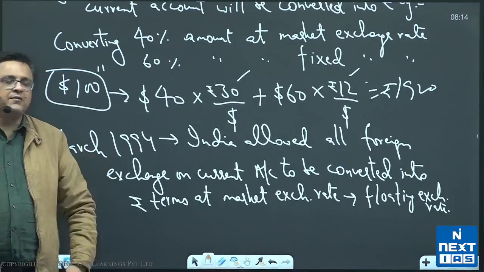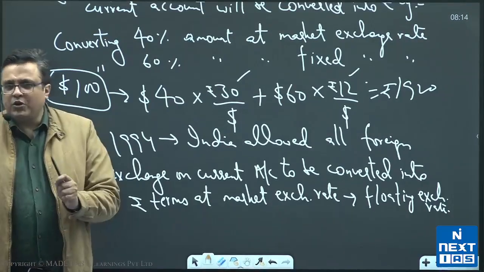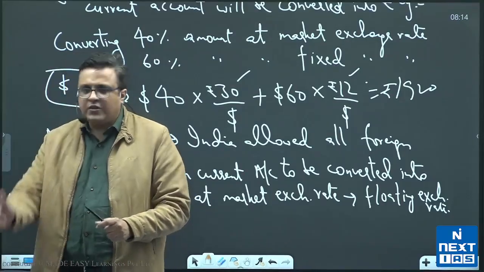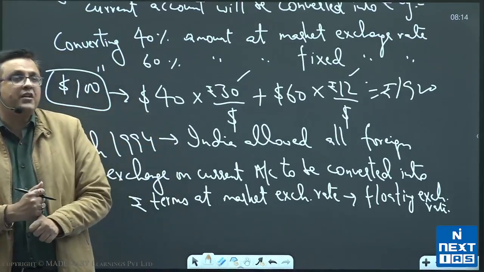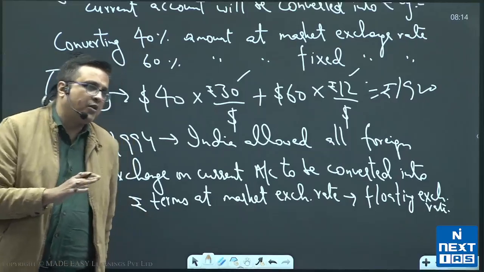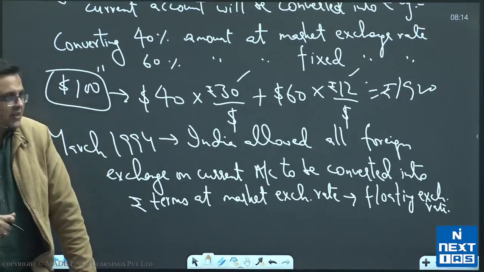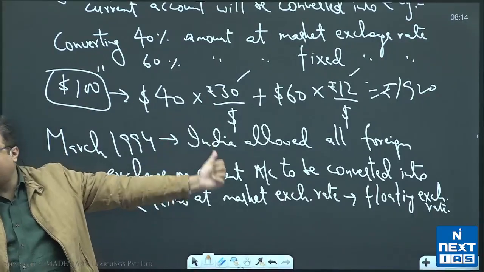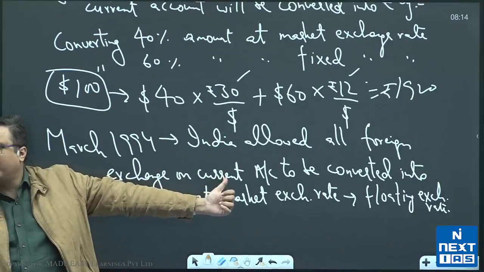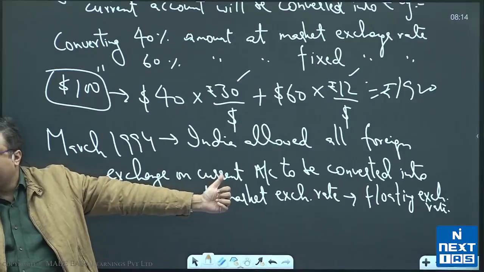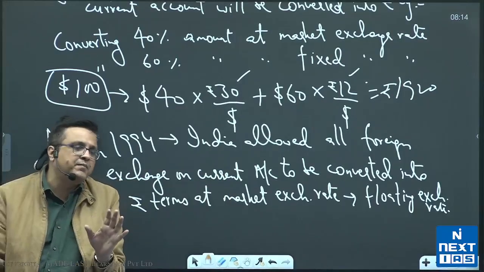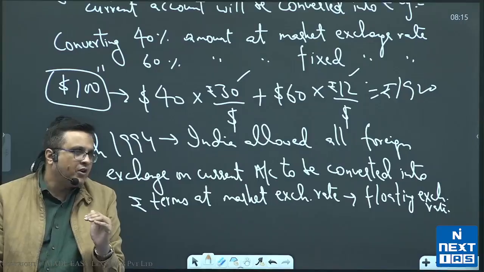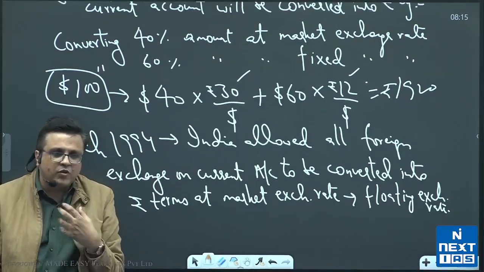There was one more advantage in this. We were reducing import duty in India. So we knew that we are reducing import duty and we are reducing protection in India for our producers. So what is the indirect way of giving that protection back? Shift from fixed exchange rate to floating exchange rate, knowing very well that the currency will depreciate. As currency depreciates, my imports become costlier and my exports become cheaper. All right, going for that. That is what we were also going for.